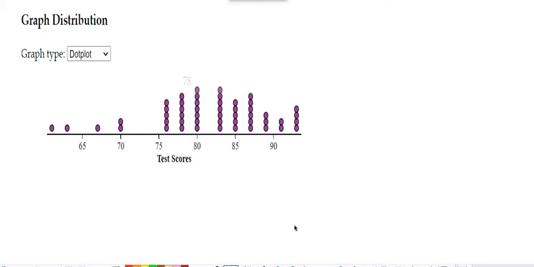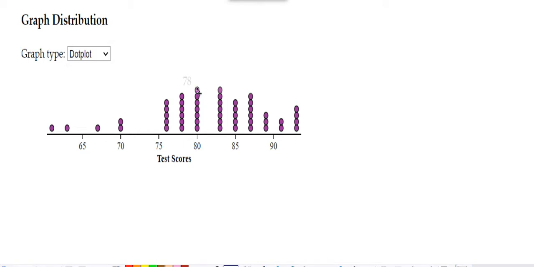Okay, and when we look at the dot plot, what do you think is the shape? Would you say that this is approximately normal? Would you say that this is symmetrical? Right? But with these five dots in here, it looks like the shape would be skewed left, yeah?